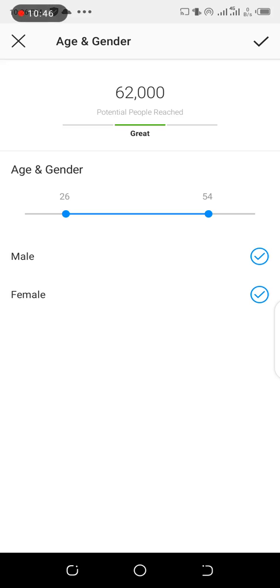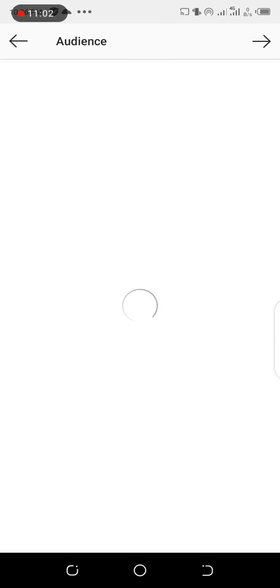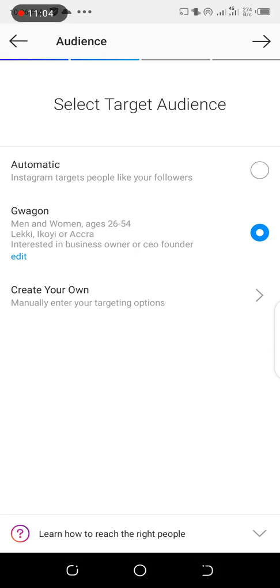Now, after selecting the gender, the next thing you want to do is tap this arrow button. Now you are done with your targeting, right? So you tap this again, then you see, remember, it's G-Wagon, that's the audience. Then you go to the next,